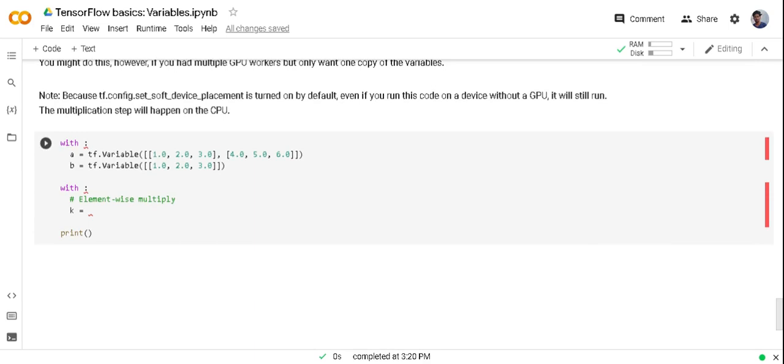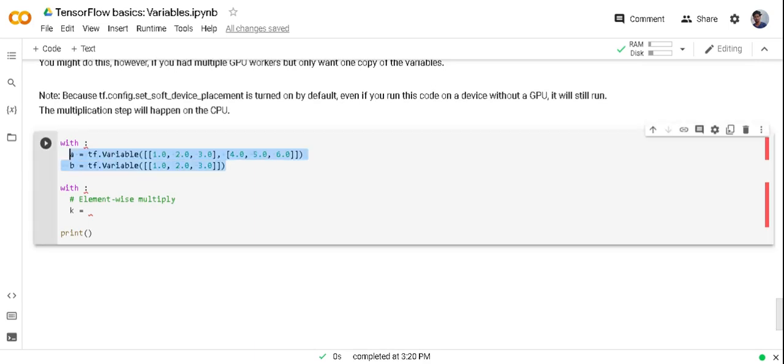Another possibility is that you can assign variables to the CPU and do all the needed calculation on the GPU.